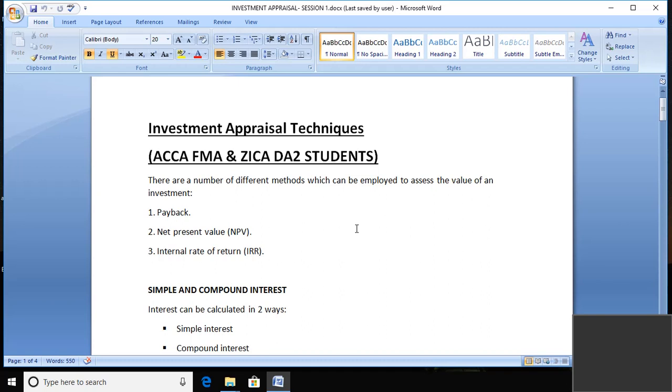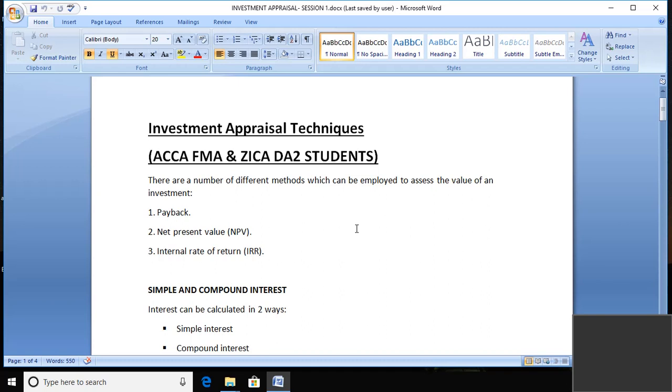Number one, it's because of inflation. Prices of goods and services increase with time. So what you can get from the same amount of money now will be much more than what you can get from the same amount of money given to you in the future. The second factor